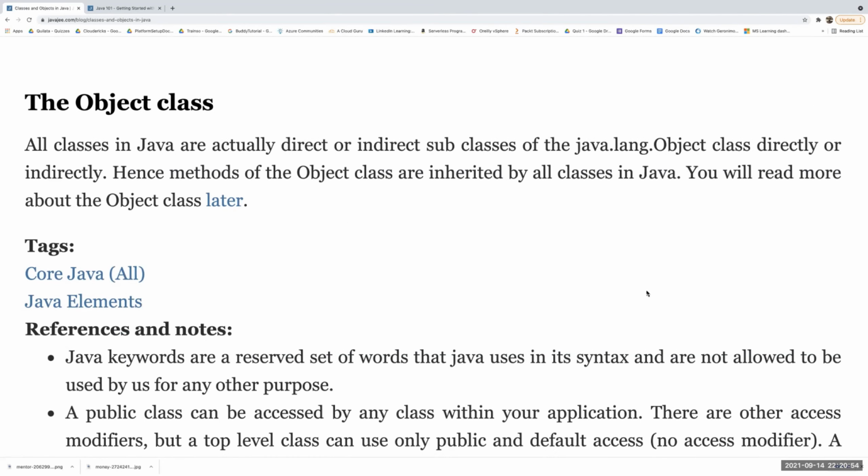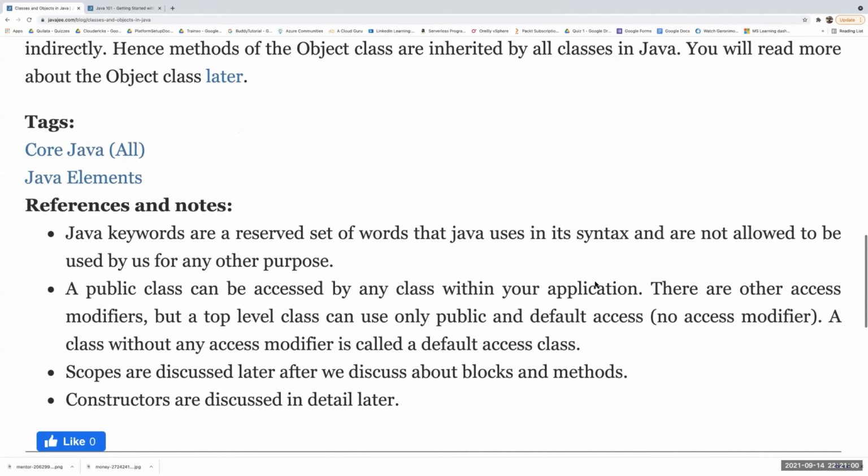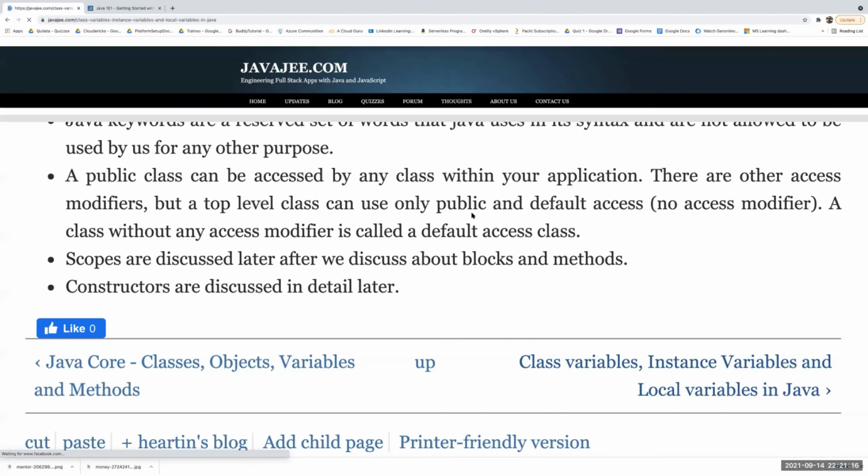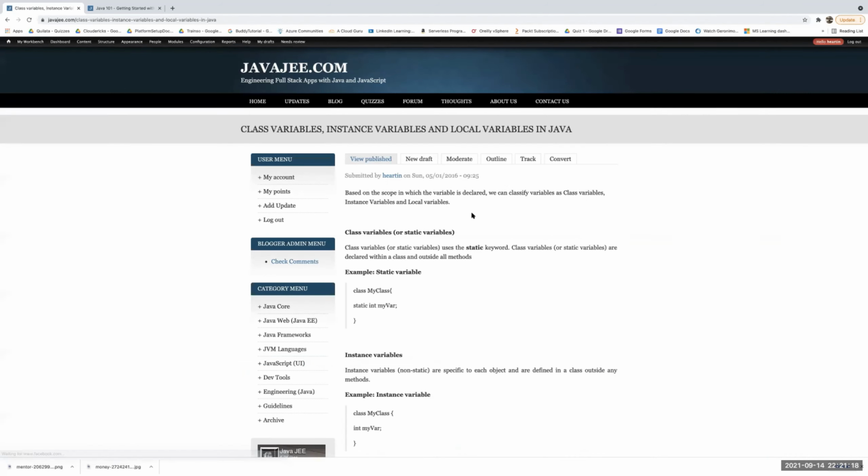And in Java, you have something called the Object class. Again, this is also not needed here. I will move them to a different section because that needs the concept of inheritance, which we have not learned.